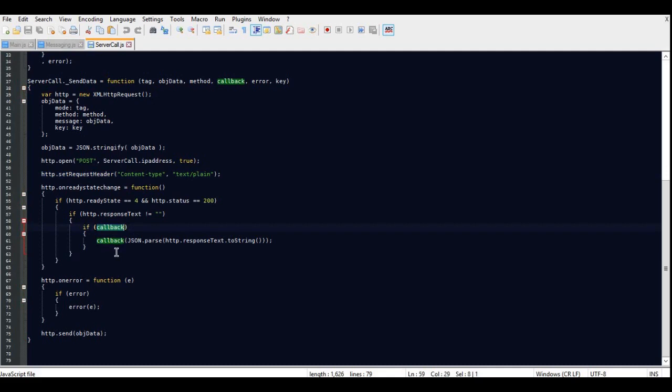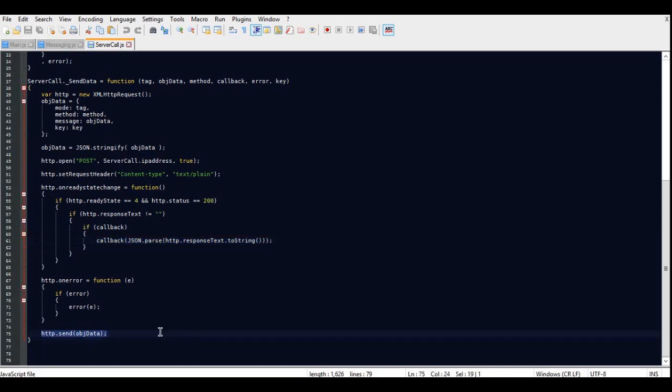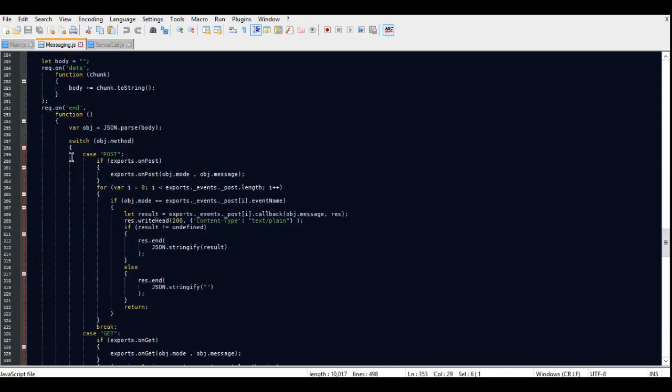So we look at what the message back is. Maybe I'll go through it in order instead. We've sent the data across to here. It's got decompiled, compiled together, object, method, post,